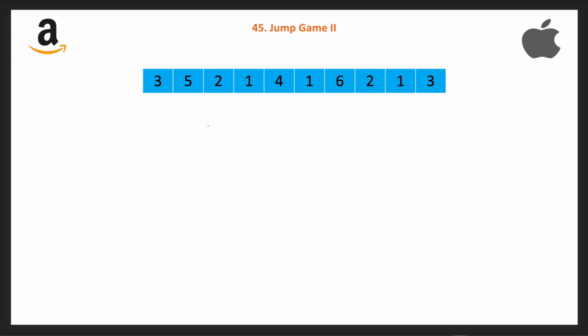Now can we further solve this problem more optimally? So let's try to solve this by using a greedy approach. Let's say we start from here at index I equals 0, and now we can greedily jump the maximum jump to reach this index I plus 3, which is index 3, or we can also jump from here to here or here.